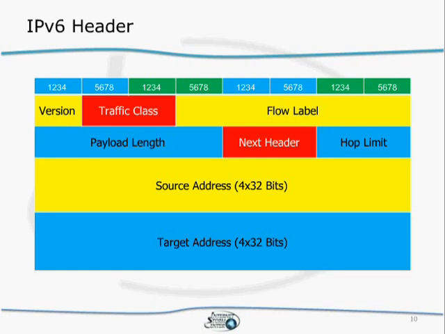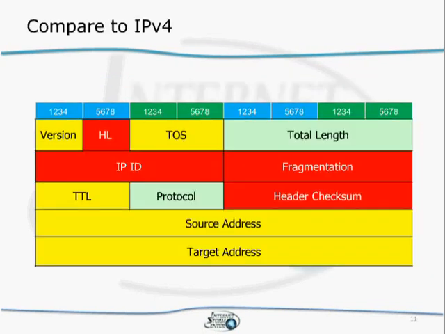But that's really it. If you compare it to the IPv4 header, the IPv4 header is a lot more complex because it tries to do more. For example, fragmentation. Fragmentation is not dealt with by the IPv6 header. The checksums. Really, IP is just about moving the packet. It's not about reliability and not really about security and such. That's the job of protocols like IPsec and TCP and such. So all of that got removed from IPv6 to really focus on the core responsibility of the protocol, which is